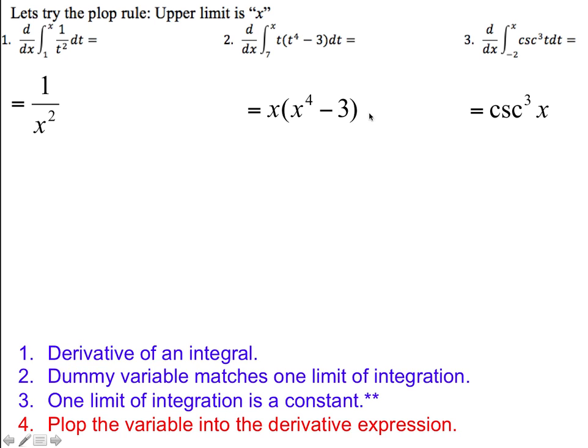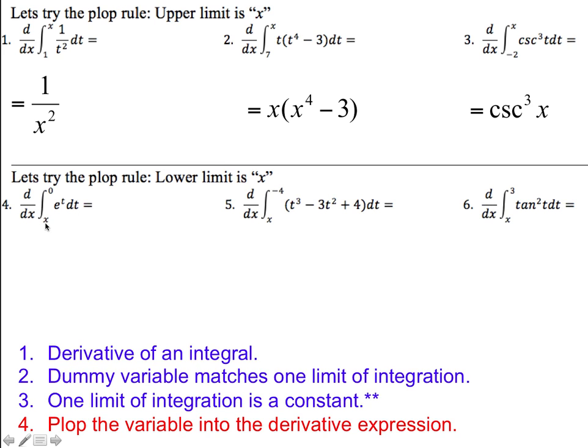So those are 3 examples that exactly meet the criteria. And so it's literally just a straight, what I call a straight plop. Sometimes we don't exactly meet the 3 criteria, and that's the case with these 3. So for instance, if we look at this,